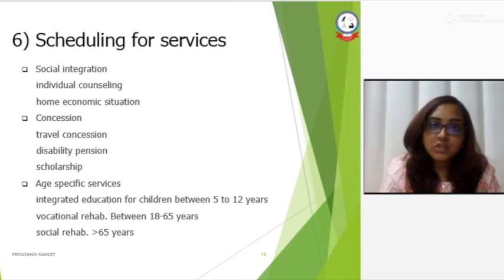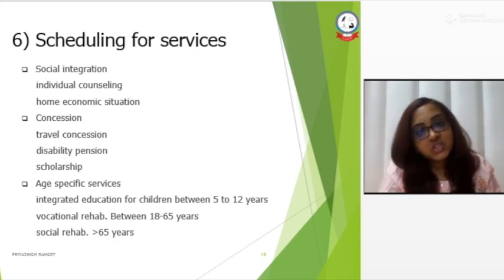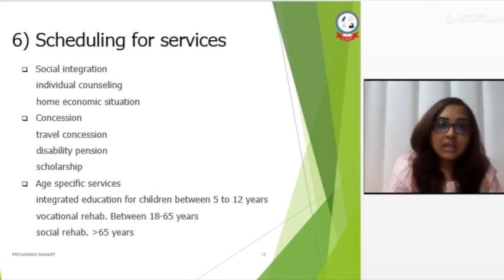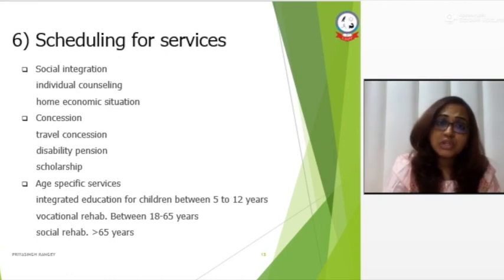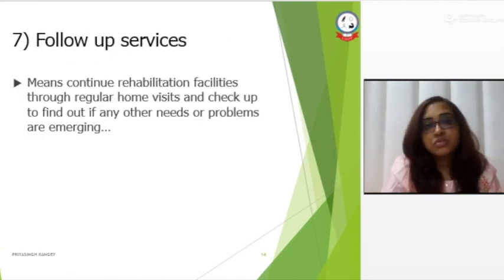We can have the patient get disability pension or scholarships. Age specific services can also be given, like integrated education for children between the ages of 5 to 12 years, vocational rehabilitation for people between 18 to 65 years, social rehabilitation for those who are above 65 years. And we also need to focus on follow-up services, because extension service is not just that we perform